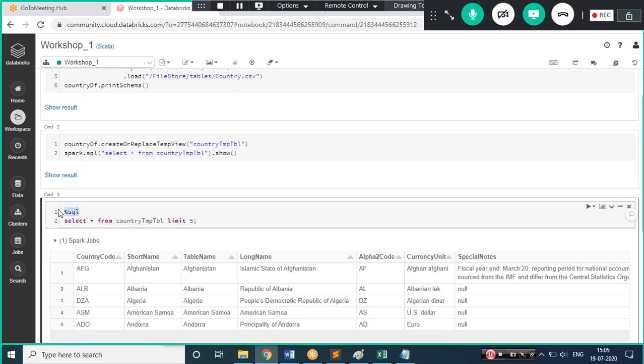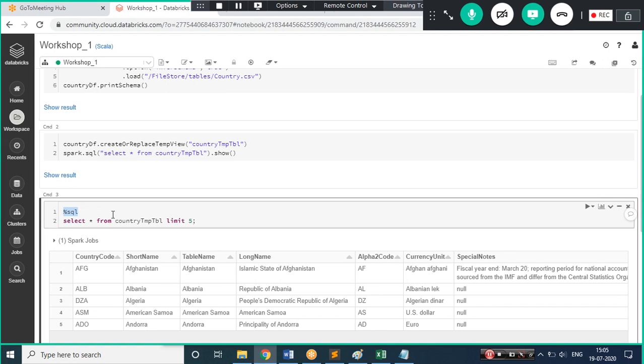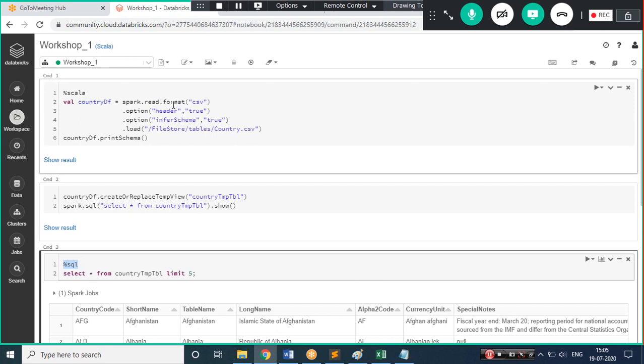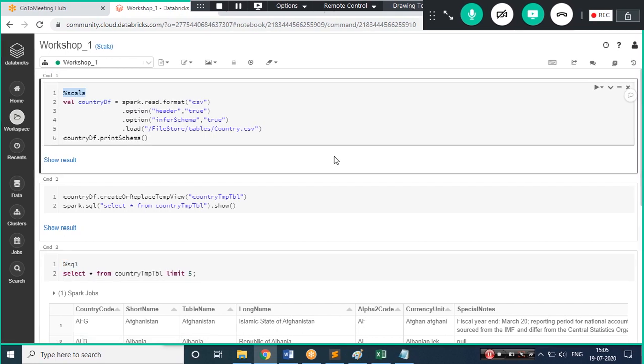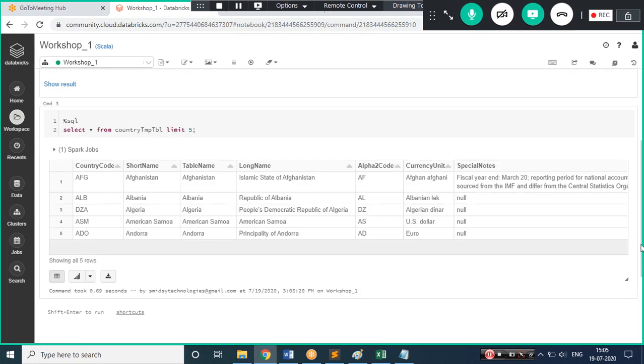You just need to make use of %SQL, and then I can continue writing SQL queries every time without specifying %SQL, because now my session recognizes that I am in SQL mode. If you want to go back to your Scala mode, you just need to type %Scala. It just switches from one mode to the other.